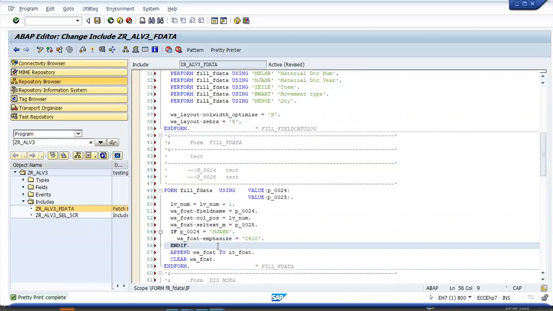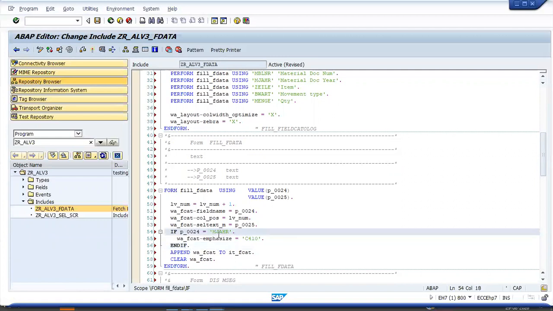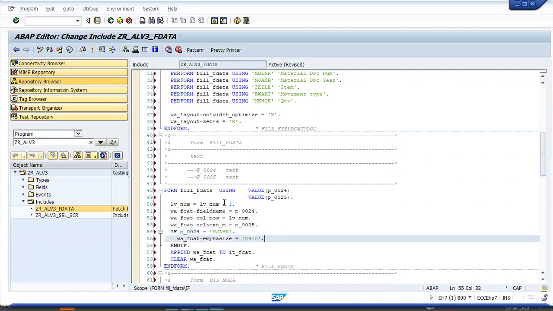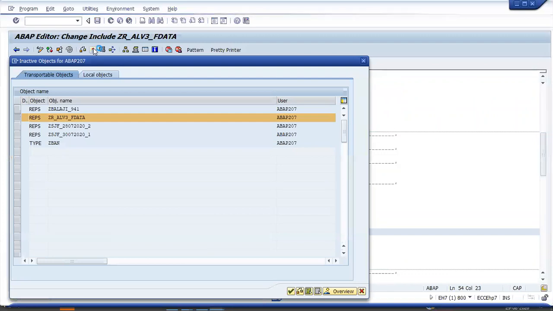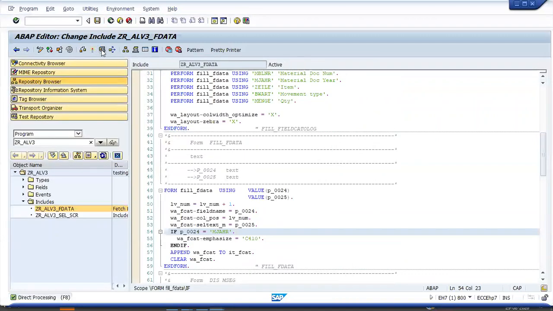So what I'm doing here is, for MJAHR, if MJAHR comes, then I am adding one more field here: emphasize equal to C410, and for the remaining fields it won't work. Only for MJAHR am I adding some color here. Just activate it, execute it.